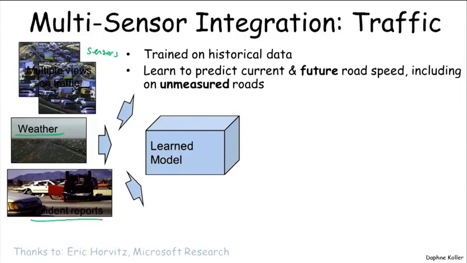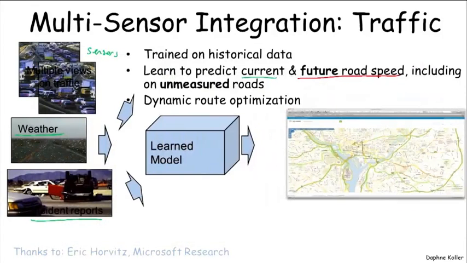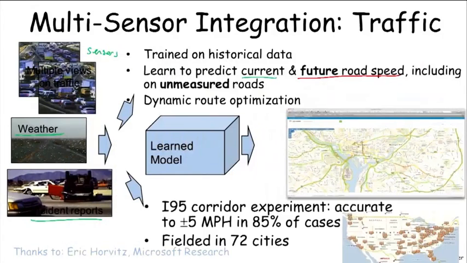And that model is then used to predict both current and future road speed, including not only on roads where we have sensors that measure traffic, but even more interestingly, on roads where traffic wasn't measured. And it turns out that this was a very successful application that was fielded in several large cities